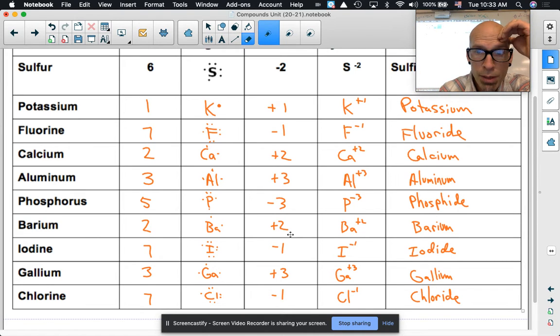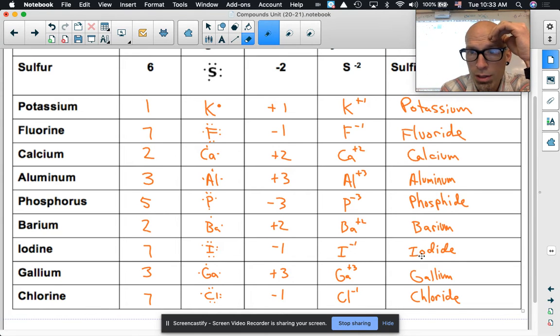And so barium, again, positive, name doesn't change. Iodine, the halogens, they all change their name the same way. All of them end in INE, all of the halogens. You got fluorine, you got chlorine, you got iodine, you have bromine. So all of those end in INE, and you literally just drop the INE, put IDE in its place, and